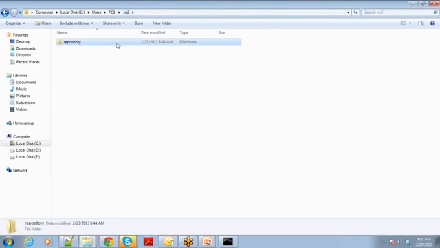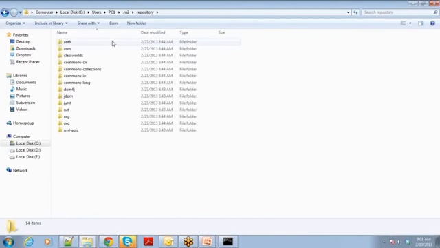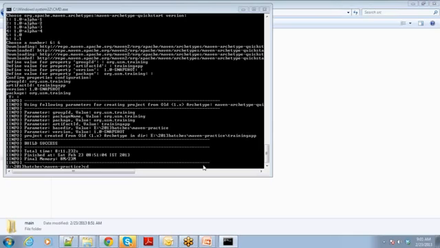So you can see here .m2. This is repository where all the things are there. This is your internal local cache. Whatever downloads happen from internet, Maven sets it inside your .m2 folder. So next time onwards, now I just run a command for today. Then the details of which we will try to take from next session.